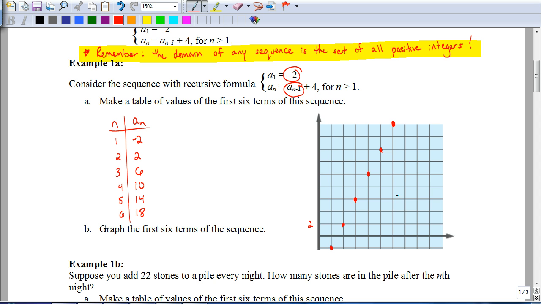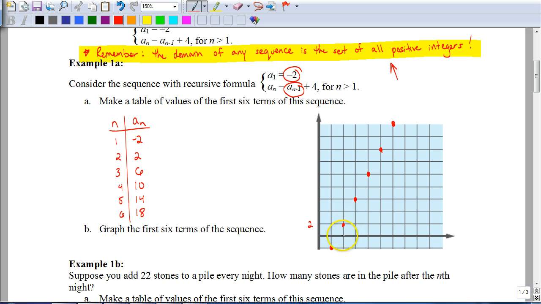Now I know we're in the habit, ever since preschool, we're taught to connect the dots, but we are not going to connect the dots here. Again, the reason why is because of what we set up here. The domain is going to be just a set of all positive integers. There are no decimals in here. So if I were to connect these with a line, that would be wrong,